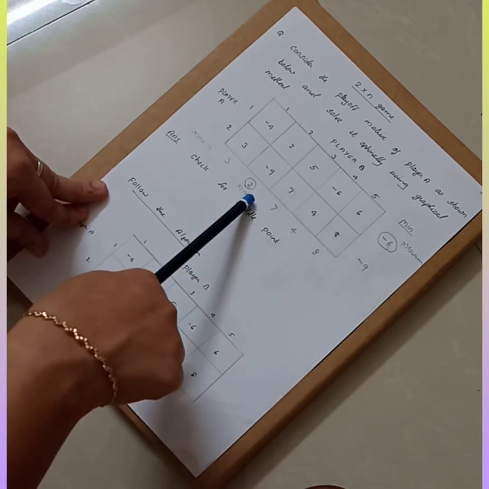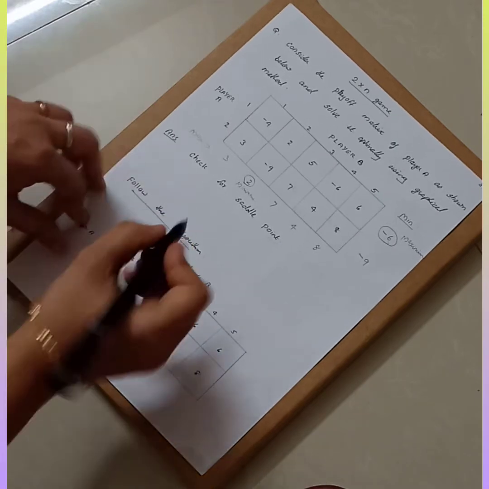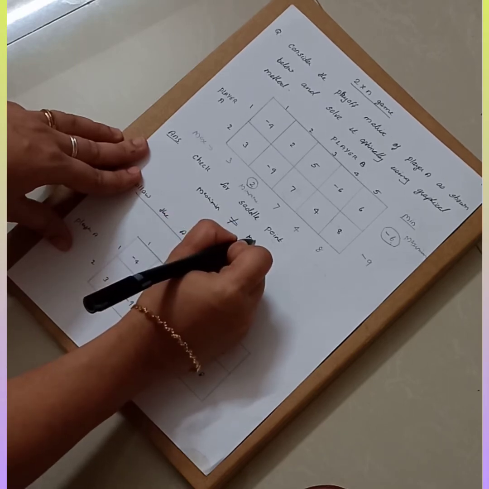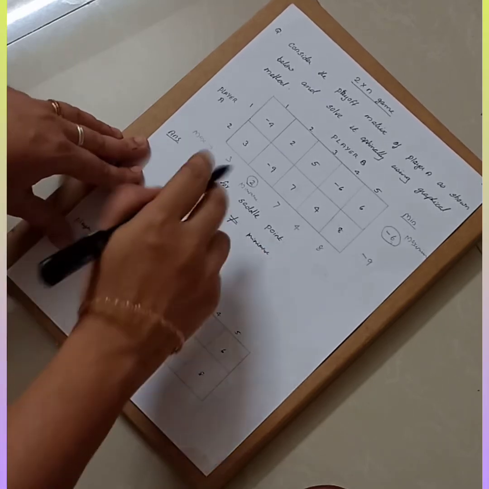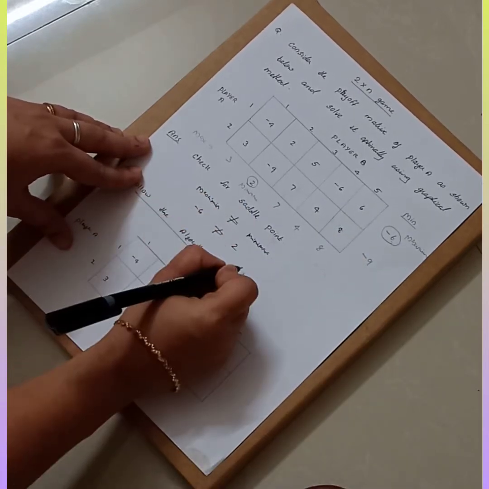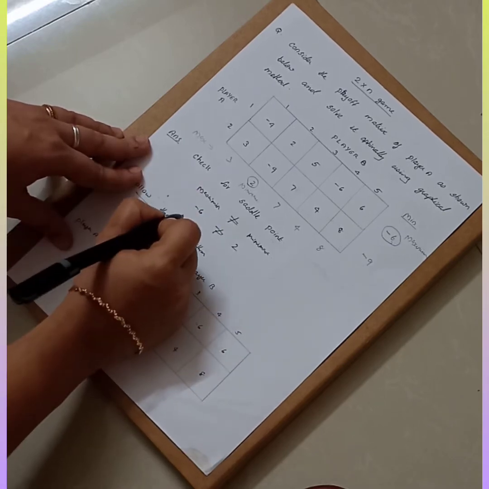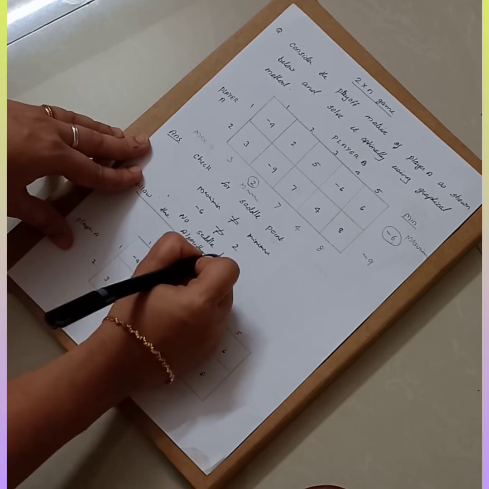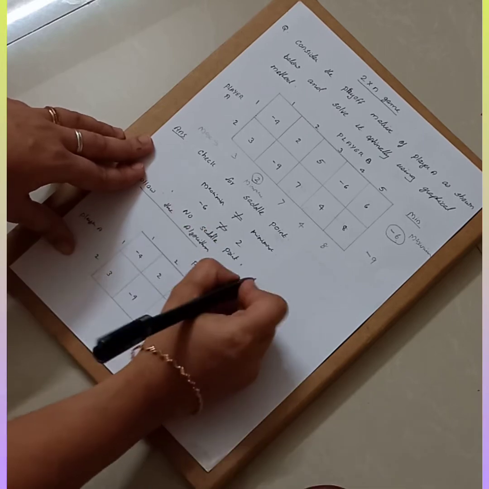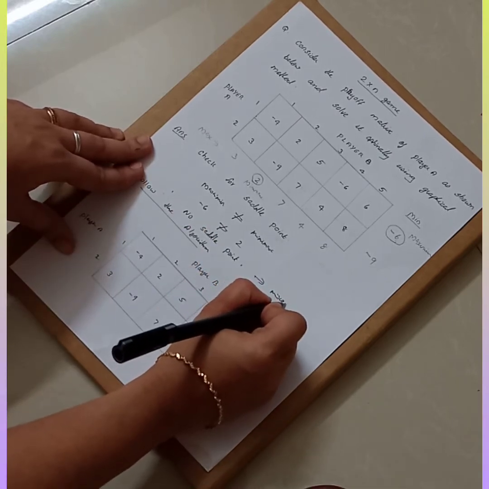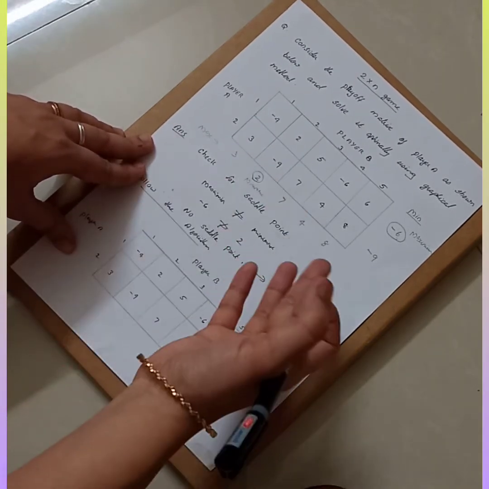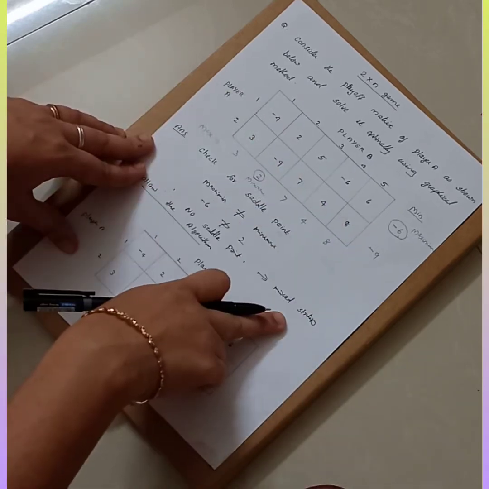Now look at this, minus 6 and 2. These are not equal. So maxi-min is not equal to mini-max. Maxi-min is minus 6 and mini-max is 2. Minus 6 is not equal to 2. Therefore there is no saddle point. So what we understand from this is that we have to follow the mixed strategy. If it was a pure strategy, the maxi-min and mini-max values would be the same, and then the value of the game would be the point of intersection. But here we have to use the mixed strategy.